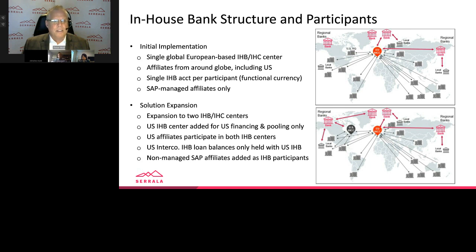One of the other areas that I think is important to emphasize is that in the structure that Microsoft uses, each participant has a single virtual account. We call them current accounts in SAP. They participate for the most part in their functional currency. So they hold a virtual in-house bank account in their functional currency, unless that's a restricted currency, in which case they would hold another currency, US dollars typically, as the default. But then they process all of their activity, regardless of currency, through that account.